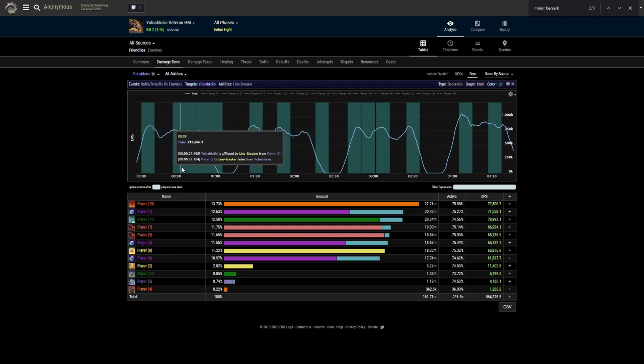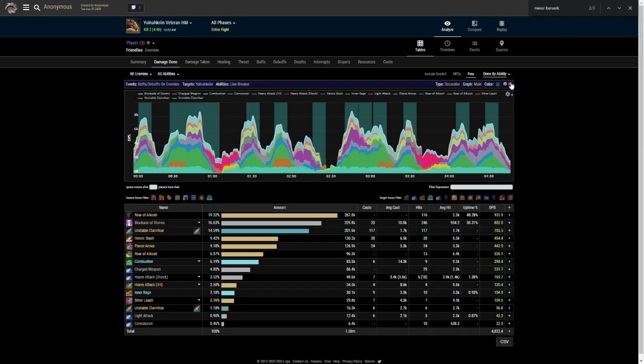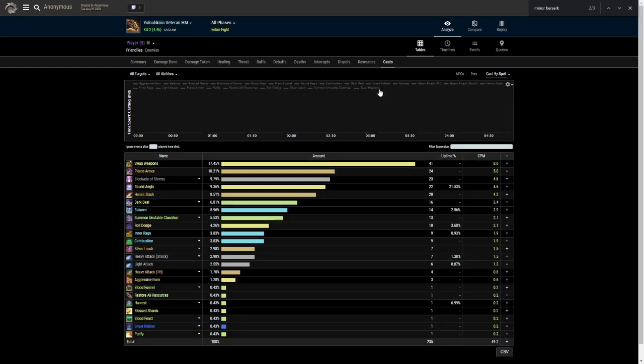So let's have a look. Who is our Alkosh tank? I believe it's player 5. So we can go to player 5 here. Let's get rid of all these things here. Casts by player 5. And then let's turn off swap weapons. And what we can look for is